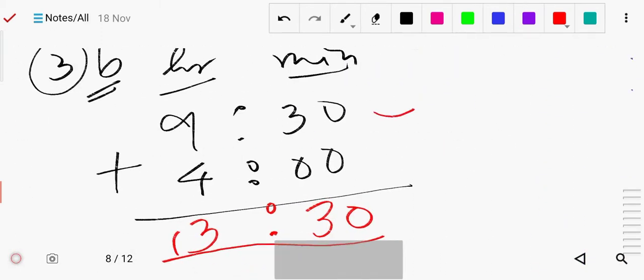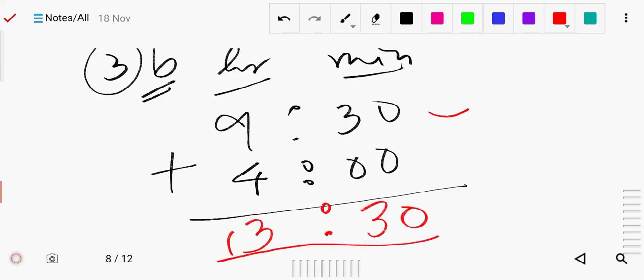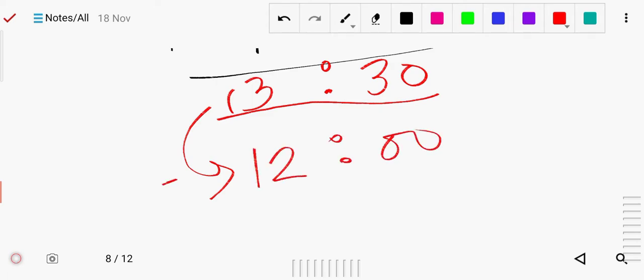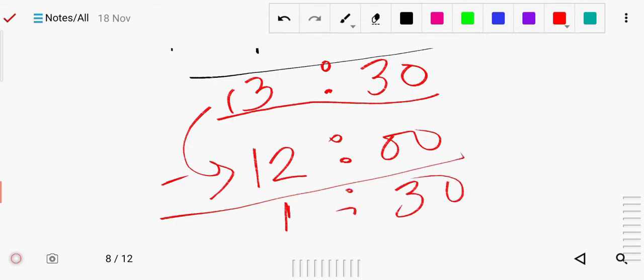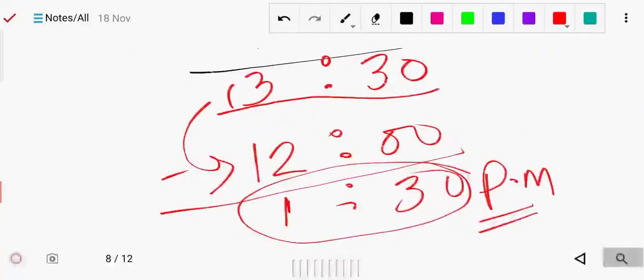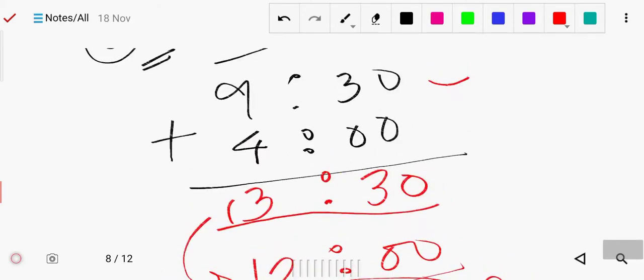So what you will do, you can change this railway time to 12 hour time. So what you can do, you can subtract here 12. Okay, you can subtract the 12, so you will get this. Now this is the 30 and this is your 1. So now this 1:30 means what, 1:30 p.m. So your time is now 1:30 p.m. So that is your answer, 1:30 p.m. So this is one of the methods you can solve by. Okay, simply you can add and you can solve.